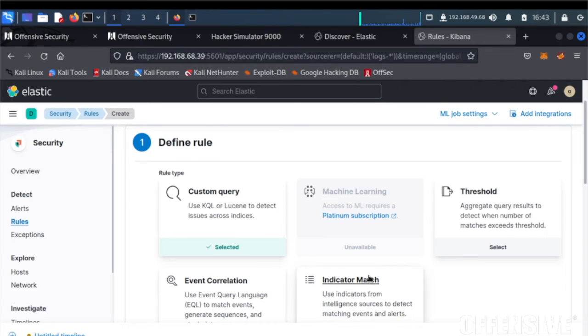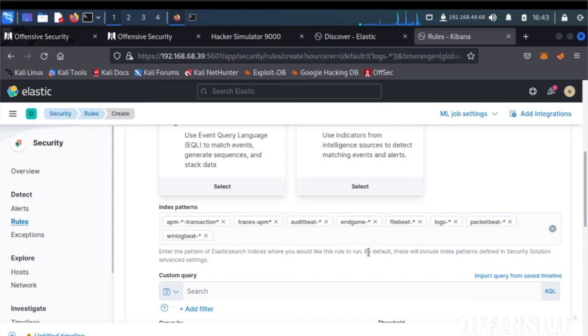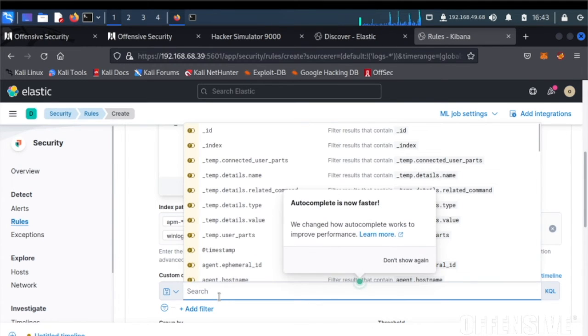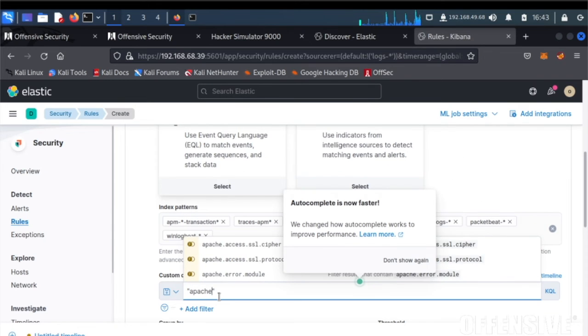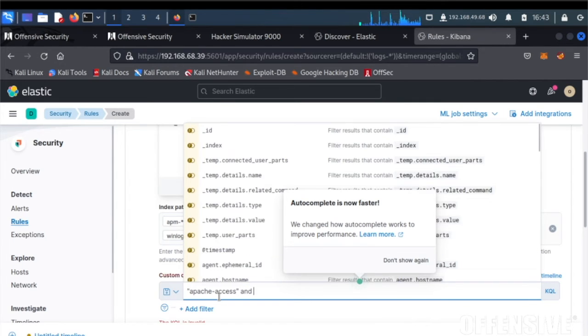All right, I agree. Let's go with threshold. Since we saw so many attempts, we're going to want to aggregate the results to detect when the number of matches exceeds a specific threshold. So I saw a couple of things really commonly. I saw Apache access, and to your point, I saw HTTP